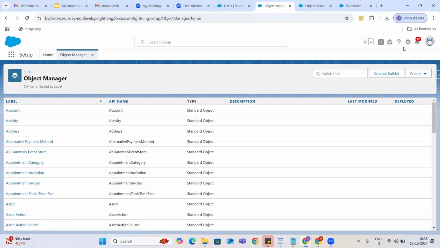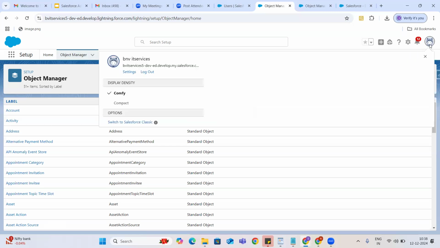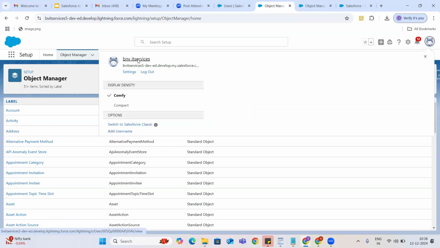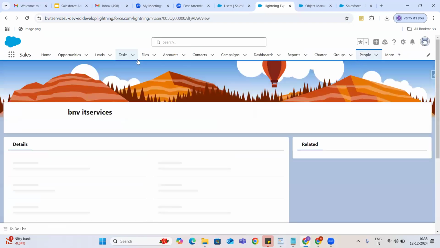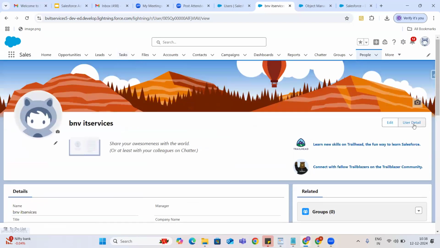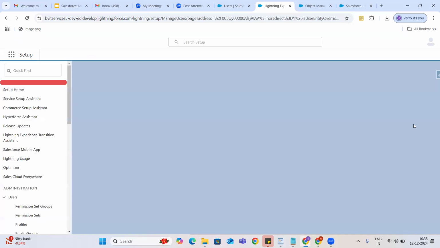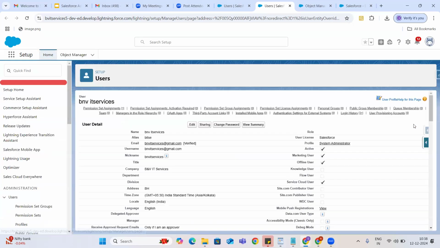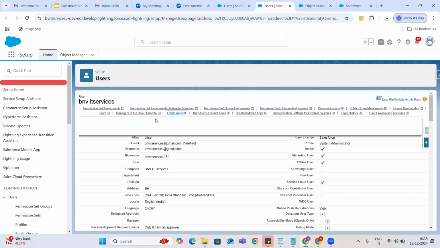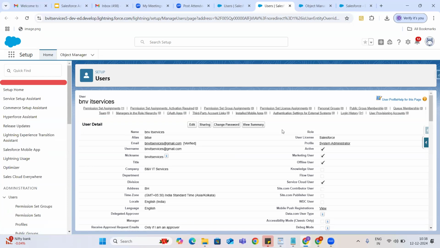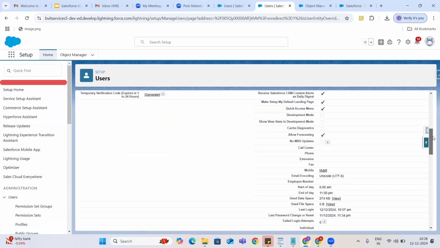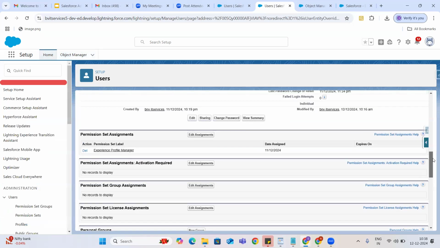And the second place that you need to tell me is what you are seeing when you open up your user detail page. So you need to go to your user detail page. And what all the buttons that you can see here, and what all the different items that you are seeing here.